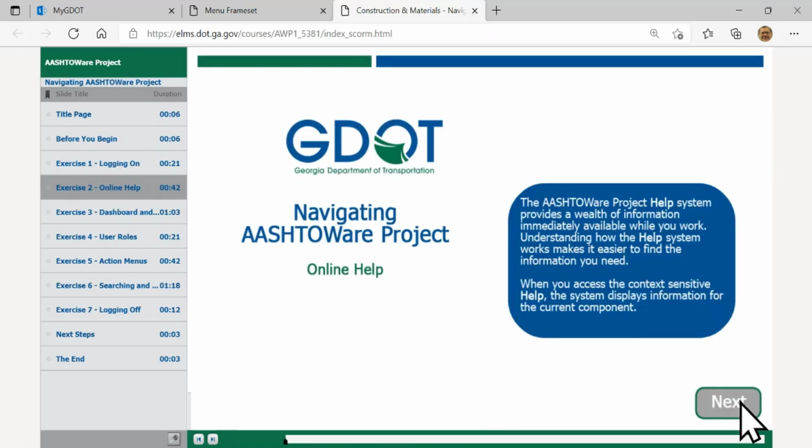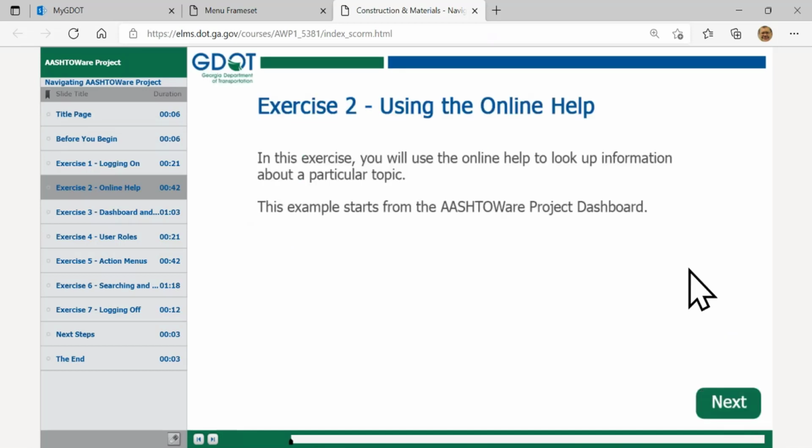Now, once you're into the program, if you have a problem, yes, you can call the Solutions Center. You've probably got my email address and my phone number to contact me if you're having problems. But it's always a good idea to check the internal help of Ashtaware Project. It contains a wealth of information, so I want to make sure that you know how to use that help system so that you can log in and find it. That way you can check on what's available. Let's check on the online help by clicking on Next and look up some information for a particular topic. Click on the Next button again or hit Enter.